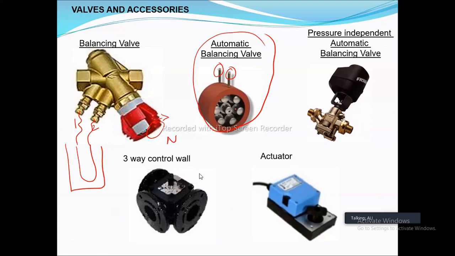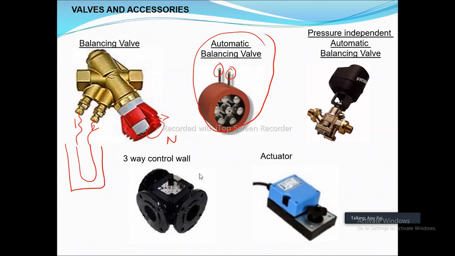Fixed flow, where the flow is fixed. For example, chiller, cooling tower, their capacities cannot be changed. For AHUs, there is always a possibility you have to change the capacity. They can be higher, they can be lower, they can be more pressure, they can be less pressure. So based on that, you may have to change the values. If you are sure, then you can go for an automatic balancing valve. Otherwise, you have to go for a manual balancing valve. I hope it is clear. Yes, sir.